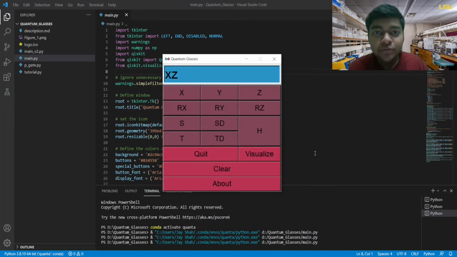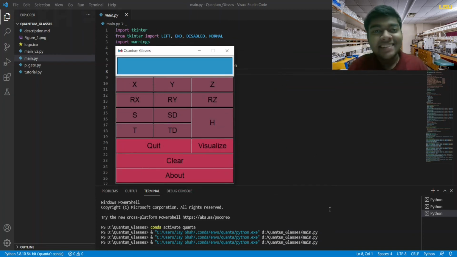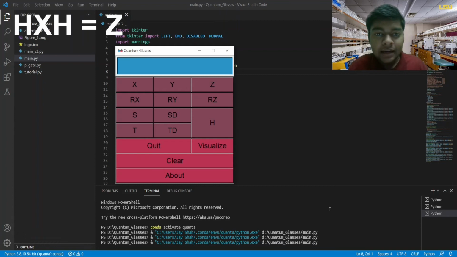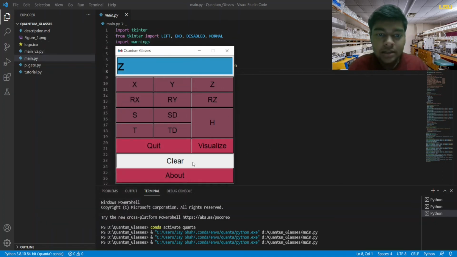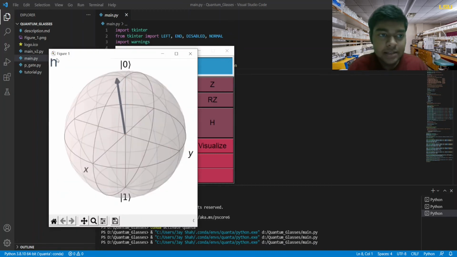Now let's move on to the fourth identity and the final identity for this video. So the final identity for the week is HXH equal to Z, and let's apply Z. Although we know that Z will have no effect on 0 ket, so it will just stay on 0 ket. All right. So what we can do is first apply a Hadamard, and then we will apply Z, so we can at least see some effect. First you can see H written here, which denotes that this is the effect for the Hadamard gate, and